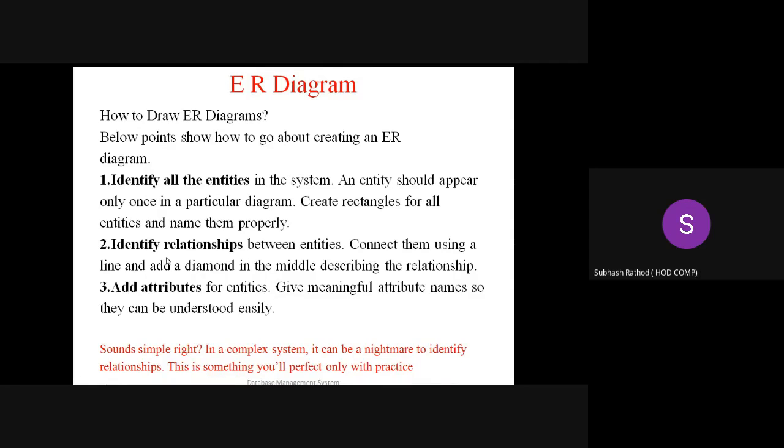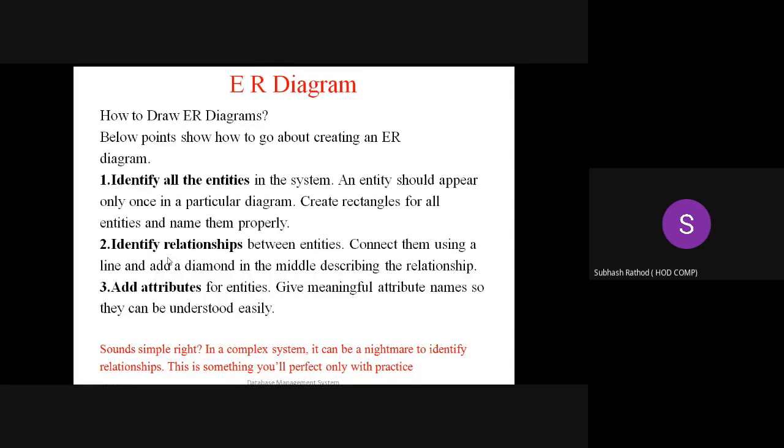So what is an ER diagram, that we know, right? It is a graphical, pictorial representation of the database. And what is E and what is R, that also we know: E is for entity, R is for relationship. So these are the points to be considered while drawing the ER diagram of a particular database. Our target is that by the end of this lecture, one should be able to draw the ER diagram for a hospital database management system, airline reservation system, library management system, and banking management system.